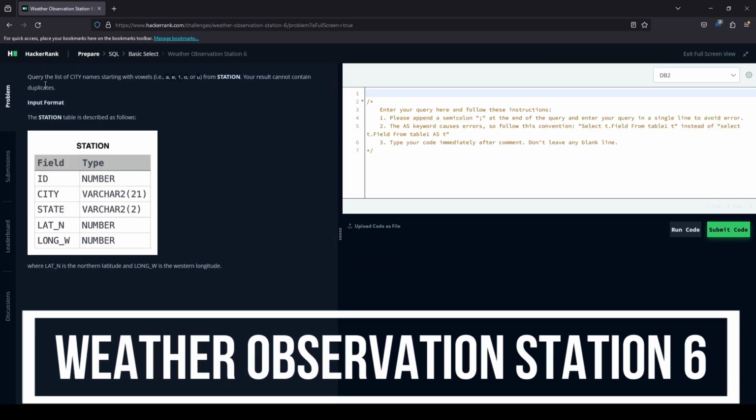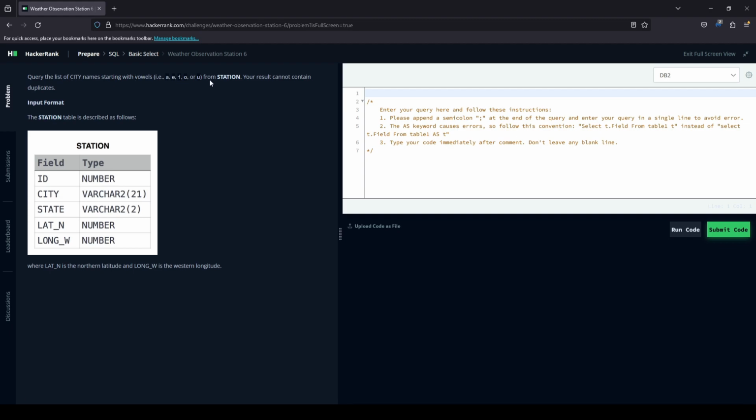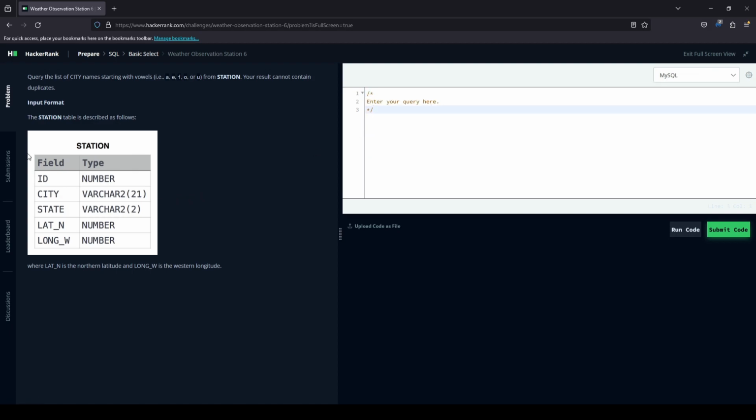So we're supposed to query the list of city names starting with the vowels A, E, I, O, U from station. Your result cannot contain duplicates. So enter your query here, follow these instructions. That's DB2, don't need that. So enter there. Okay, so this one is a select distinct,